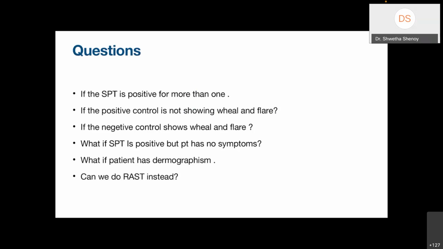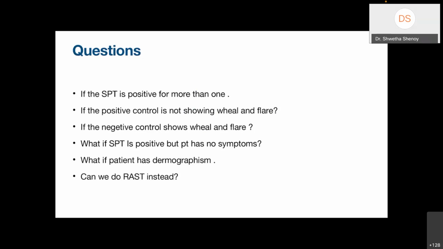Now, the skin prick test is positive. We have huge wheals for mold and cockroach, but the patient says no. Or, let's say for food, there's a huge wheal for tomato, but the patient says, no, I've been eating tomato, I have no symptoms. In this case, we take the patient's word as final on whether there is an allergy to tomato or not, but he is sensitized, so there is a chance that somewhere in future he might develop an allergy to that.